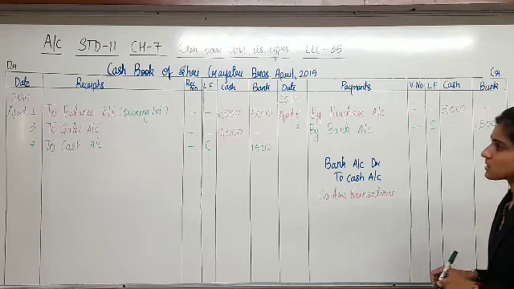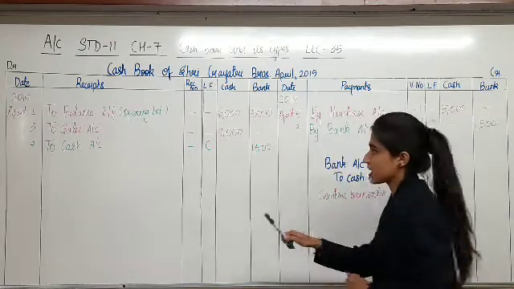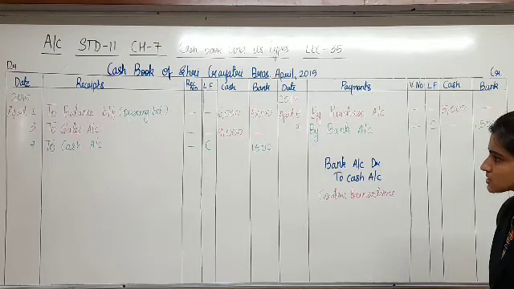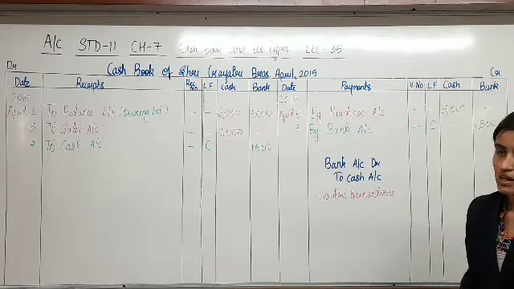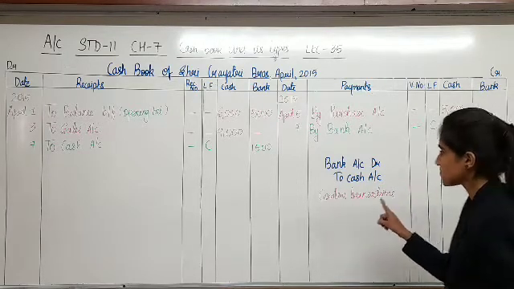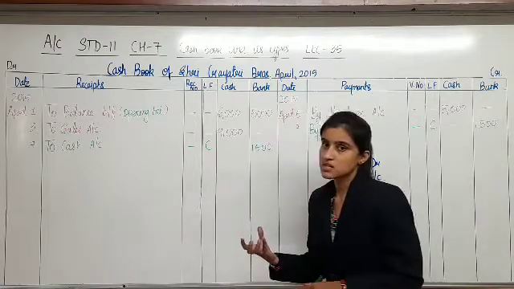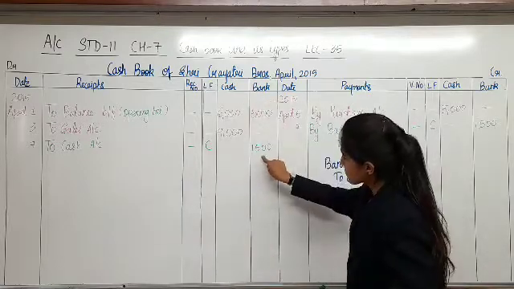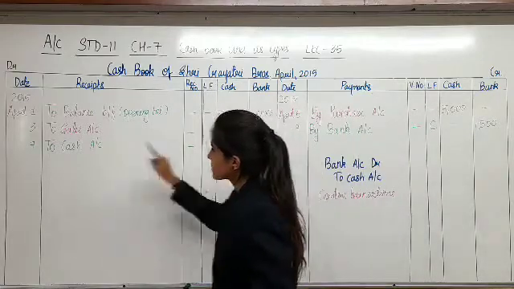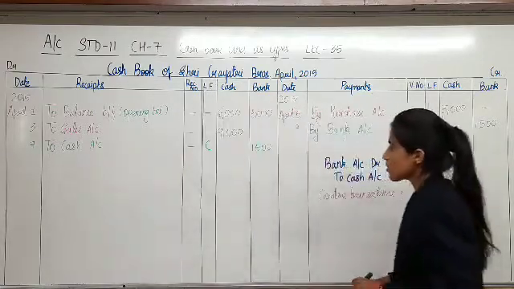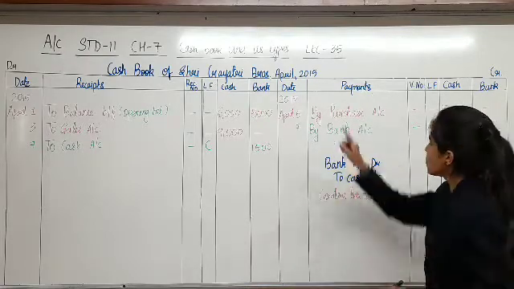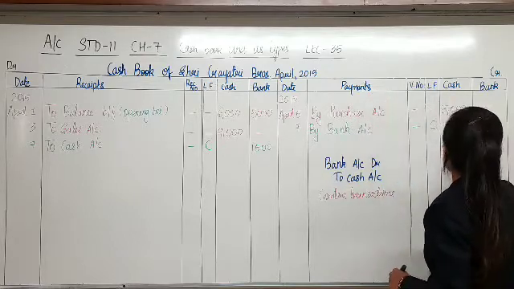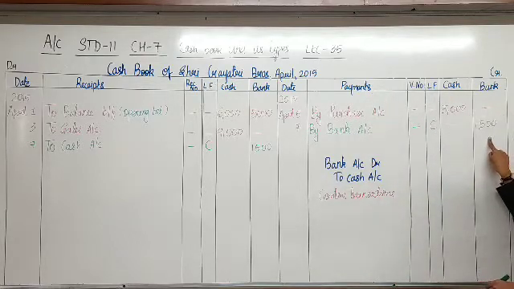So you see, the transactions having effect on both the sides of cash book are known as contra transactions. These are the transactions where bank and cash both are effective. So this is to be written on both the sides. On the receipt side, who is the receiver? Bank. So in the column of bank, 1500. What is deposited in bank? Cash. Then again on the opposite side, the same journal entry, cash goes out of the business. So on the payment side, cash goes out, 1500.